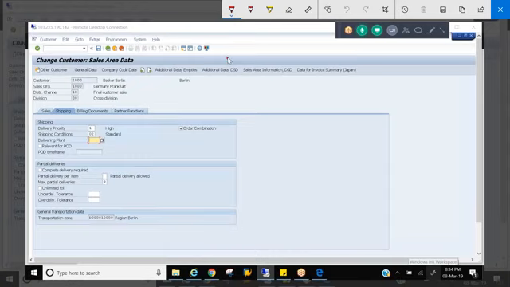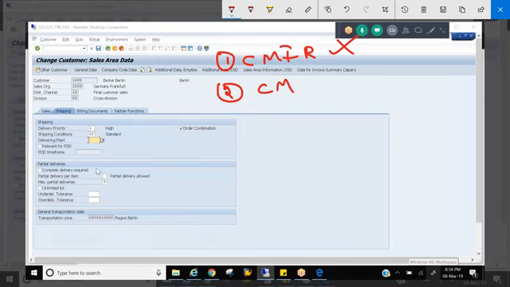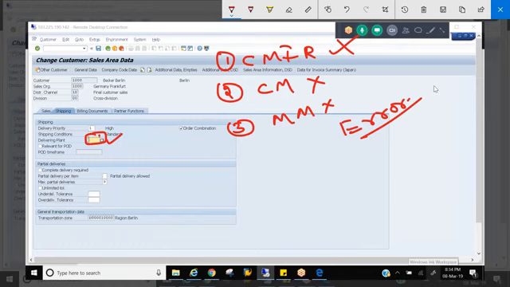So we discussed, right, there are 3 master data. First, the system will check in CMIR. In the CMIR also, we have the same field called delivering plant. First, the system will check here. If the system could not find the plant here, then it will come to the customer master, this field. If it could not find, you see it is blank here. If it could not find the plant even here, then it goes to the material master. In the material master also, we have a similar field called delivering plant. If the system could not even find it in the material master, then it will throw an error saying that plant could not be determined into the sales document. So the criteria to determine plant into sales document are CMIR, customer master, and material master.